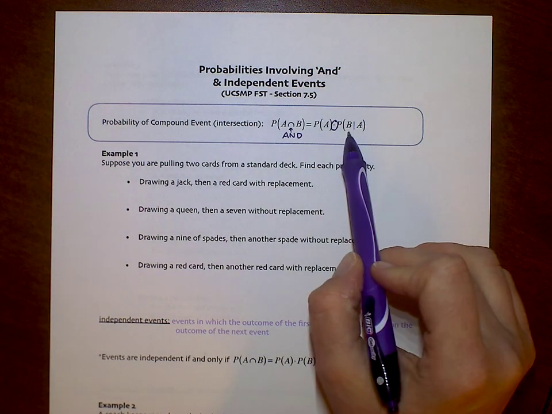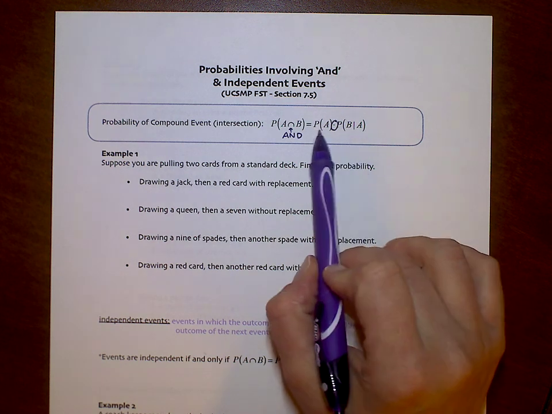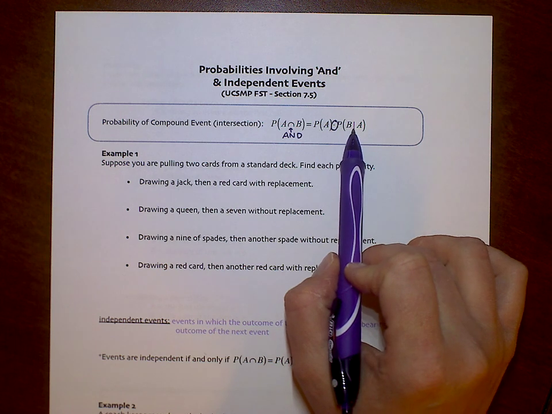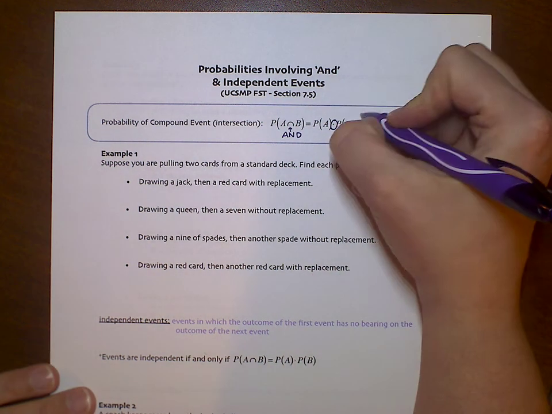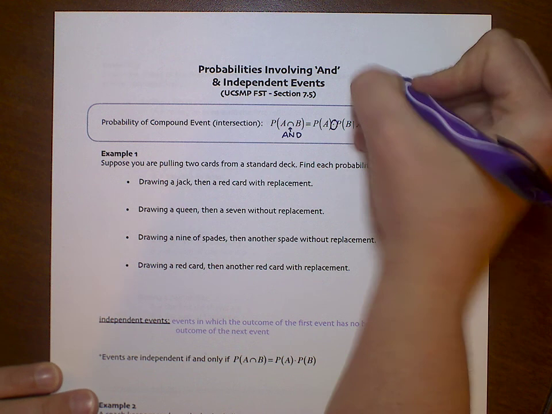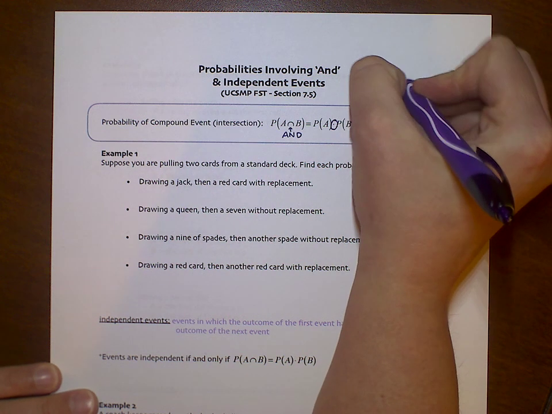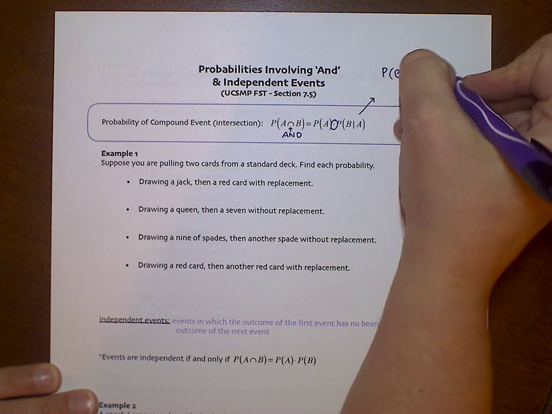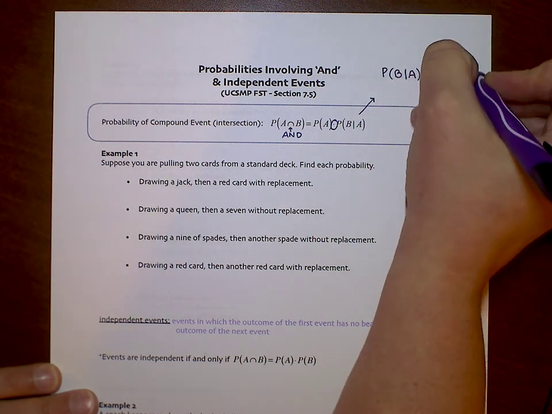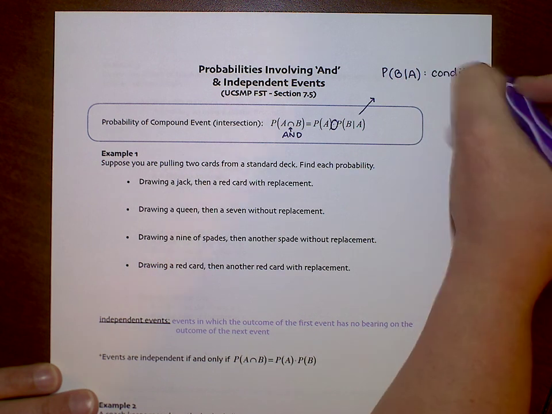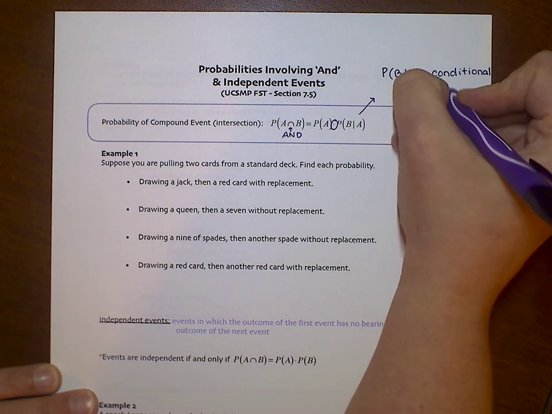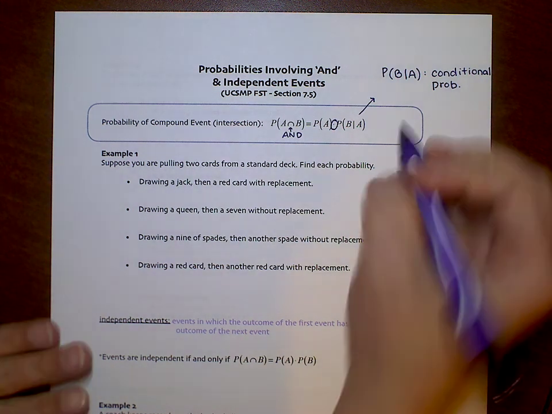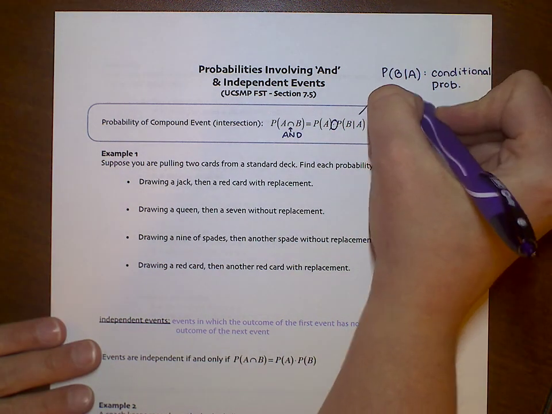Now, this second statement may look a little different than what you're used to. So this says the probability of A times the probability of B given A. That's what this symbol means. So off to the side here, I'm going to jot that down, that this is what's called conditional probability. And we're going to talk more about that as the lesson goes on. Conditional probability. Okay. And so what that means is basically we're taking the probability